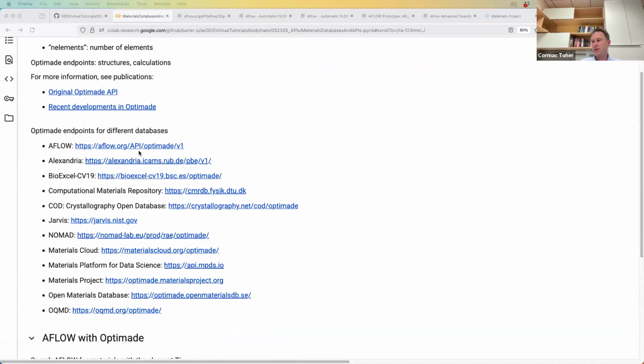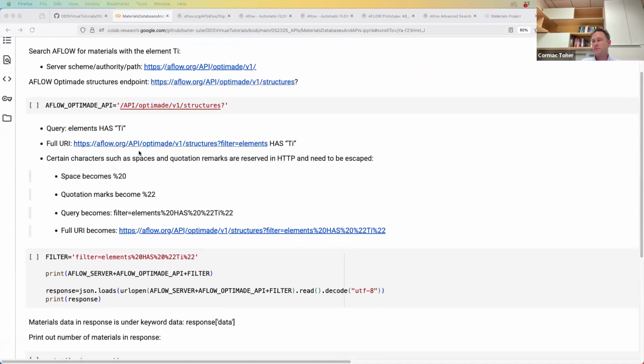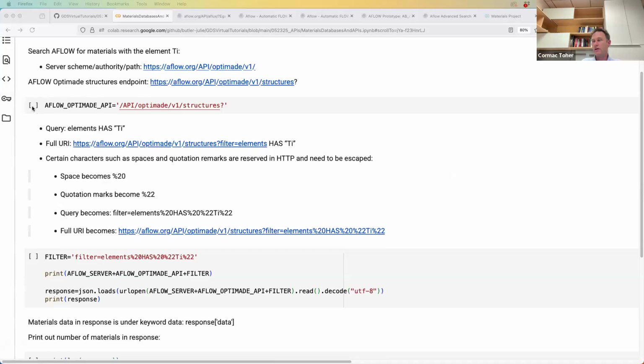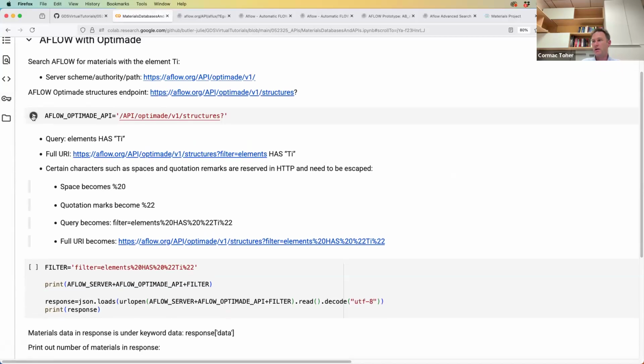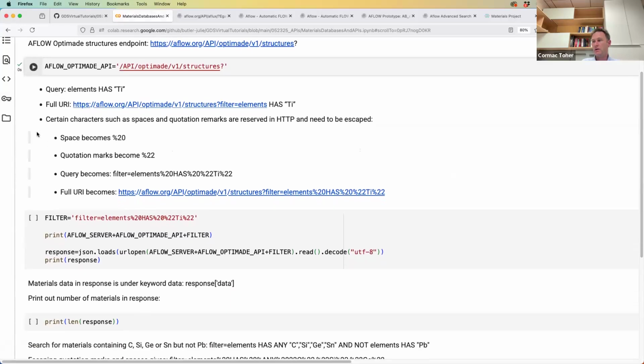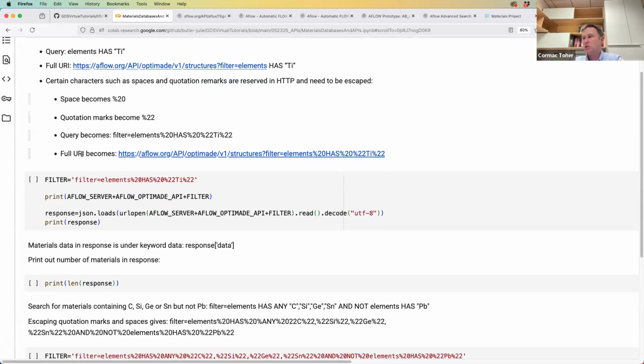We scroll down, we should see this example. So here we have our API. Now we set up our filter. So one thing to be wary of here is that